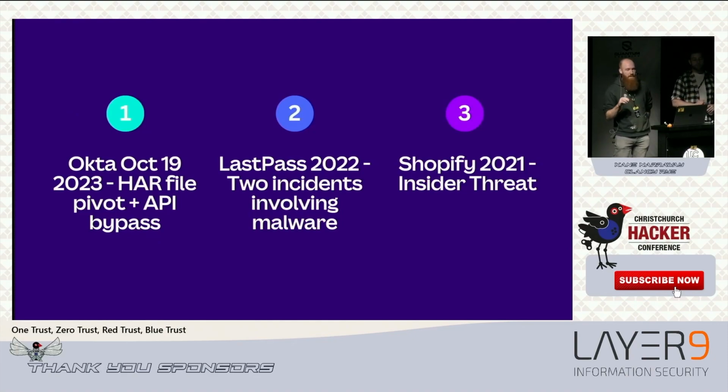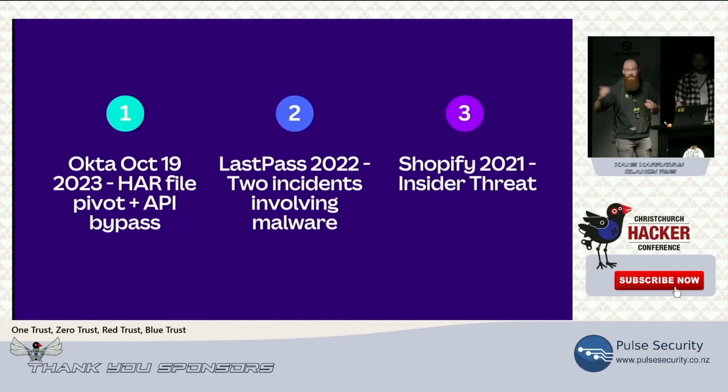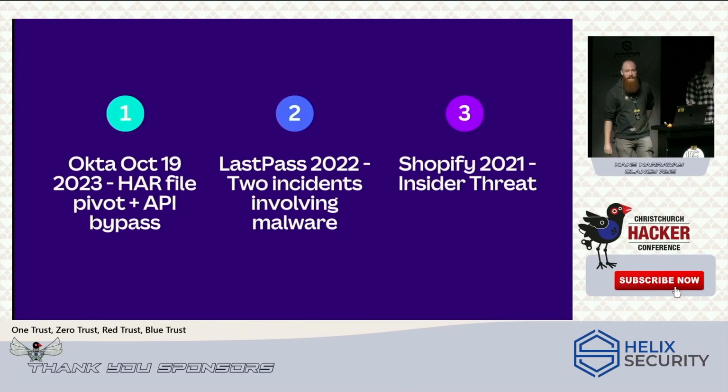files that were stored in their customer service desk in order to get session tokens that could get access to customers. And then once they got access into customer systems, they then used APIs to bypass those customers' device security controls. So almost like poking through two zero trust networks, almost, in that example. LastPass had two malware incidents, one on a corporate machine, one on a personal machine, that then pivoted, and Shopify just had an insider threat. So an external actor just paid internal people in order to take data for them and give it to them. Very simple.